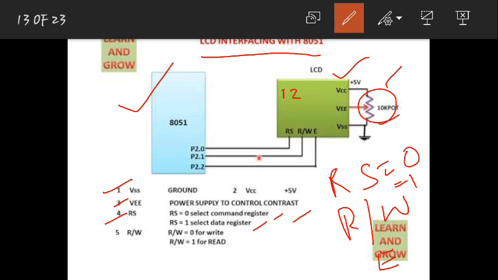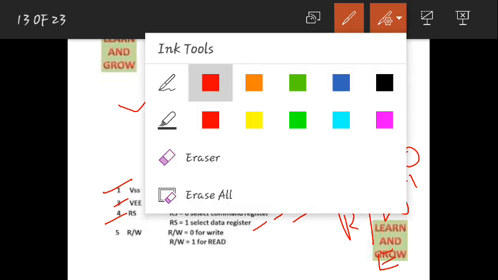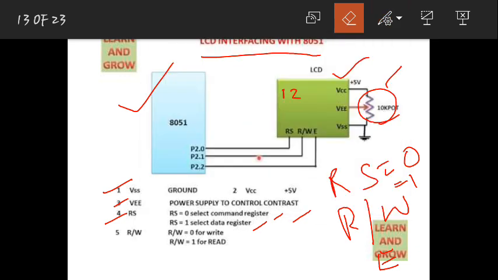There are so many different commands. By all this, I want to tell you that we can give commands to the LCD, and we can give data to the LCD. Whatever data we give will be displayed on the LCD. Whatever we want to write on the LCD is displayed, and commands are nothing but the instructions we give to the LCD to move right, left, downwards or upwards, or to turn the LCD on or off. These are called commands. So you have these two.